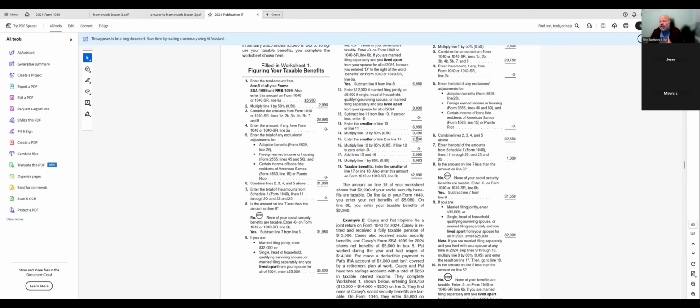So we bring that over. If your income was closer to the 25,000, that may be different. But for the most part, this is going to be the formula, that half of your Social Security will be here on line 15. So you add line 15 and 16. Line 16 says multiply line 12, which is 0, by 85%, which is 0.